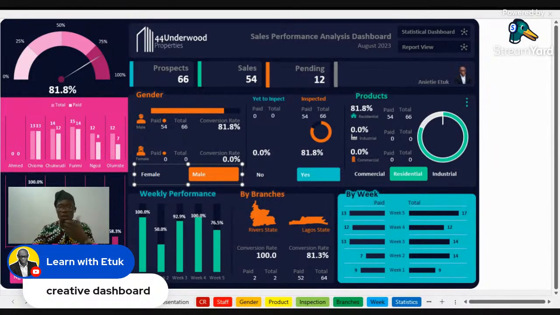So for me, I do a lot of looking at Google, looking at what is obtainable, looking at what people design, what is and what is not. Then from there, I try to replicate it using the particular tool. So that's what I would recommend. One is to look at others, you get creative designs, then try to replicate it. Then two, practice. There are video tutorials on YouTube. I've done a video tutorial on a full sales workbook, and I did dashboard design in that. So you can check tutorials on it.